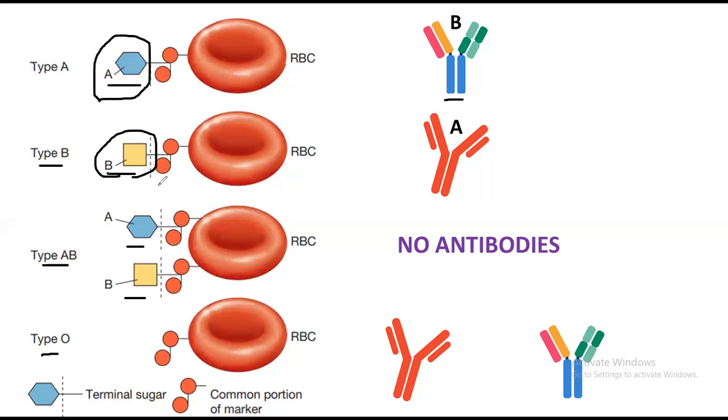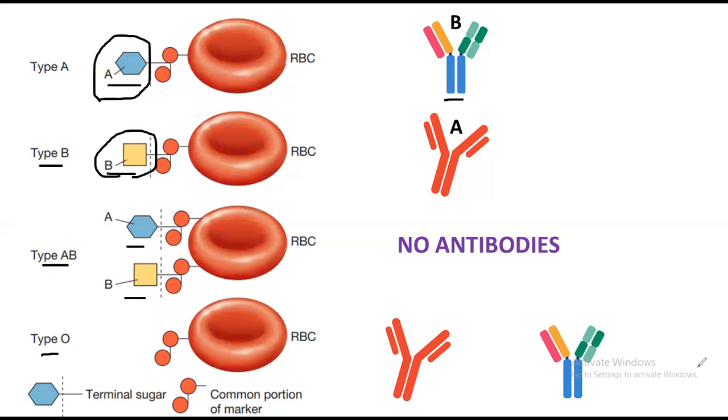Okay, and if a person is having type B, he will be producing antibody A in his blood. He will not produce antibody against that antigen B. The other is the type AB blood group. So if a person is having antigen A and antigen B over the RBC, he will not produce any antibodies. If he were producing A antibody and B antibody, it could kill that RBC. Okay, so keep this thing in mind.